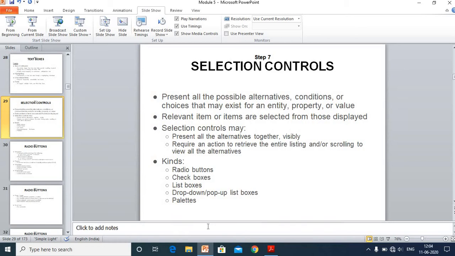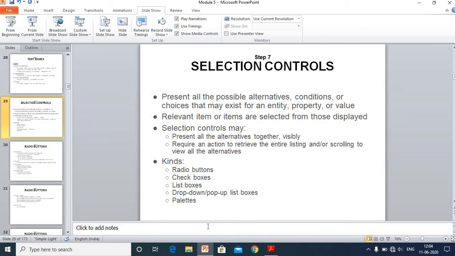Hello guys, in this video we are talking about module 5, that is choose the proper screen based controls. In this we have many concepts. Generally when we use websites, we can see some options or controls like radio buttons, check boxes, list box, then forms, text area, all these things we will see, no? So these come under selection controls, that is screen based controls.